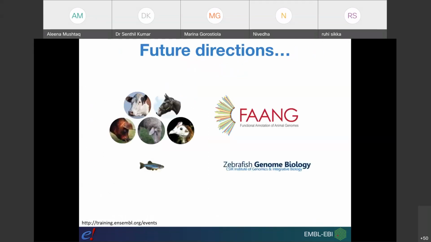Some words on future directions. In the future, we hope to extend this technology to a number of different species. Right now, we have it for human and mouse. There are a number of projects that are aiming to generate a similar type of data for different cells